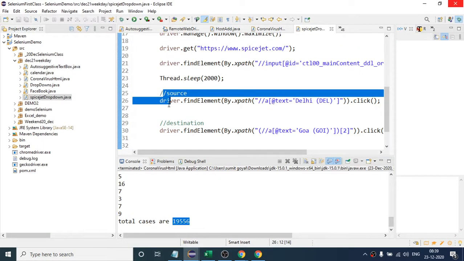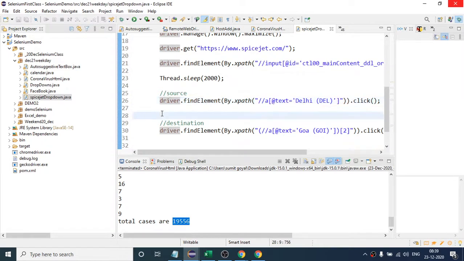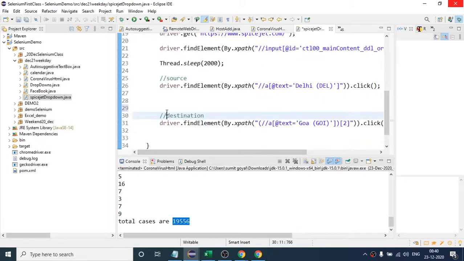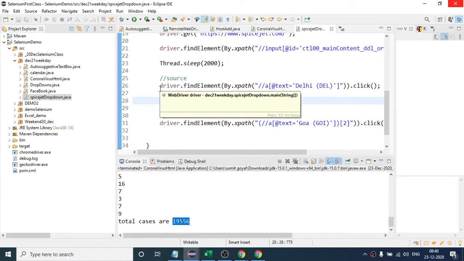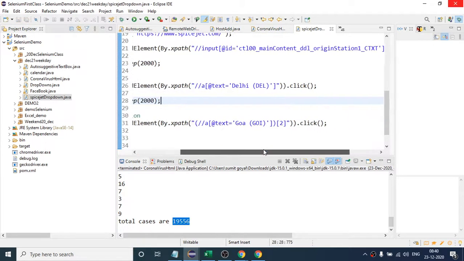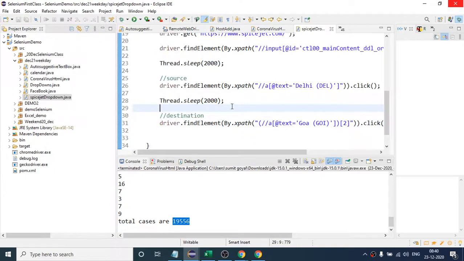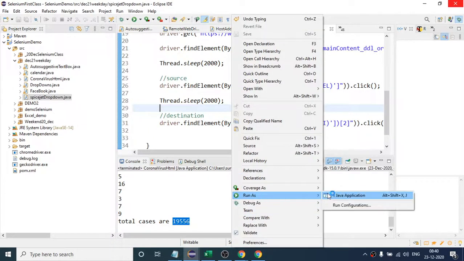So this is our source city, and after clicking this, the destination drop down will again take some 2 seconds. I am just assuming. So I should see first Delhi will be selected. After that Goa. So if I right click, run as Java.